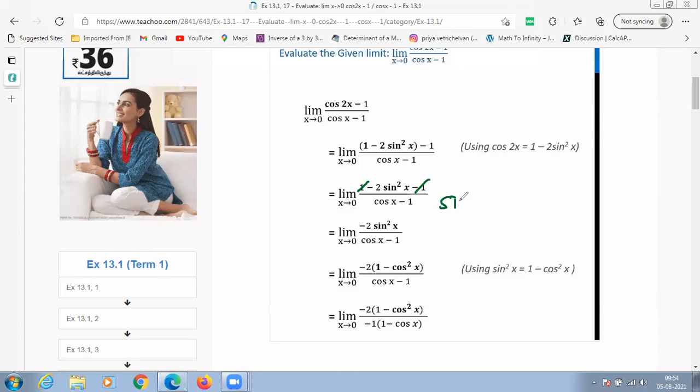Okay. And you know this familiar identity, sine square x plus cos square x is 1. So you can rewrite sine square x as 1 minus cos square x, right? I'm rewriting sine square x in terms of cos square x for the simplification, because in the denominator I do have cos x term. I'm just doing trial and error. I'm just checking if I convert the sin x in terms of cos x, whether I'll be able to cancel out the cos x terms or not. So they have changed the sine square x into 1 minus cos square x.